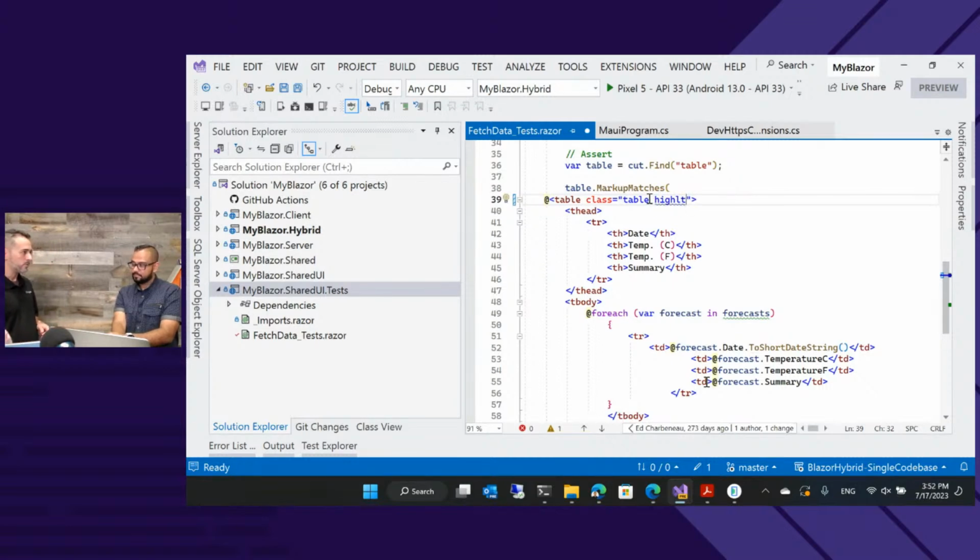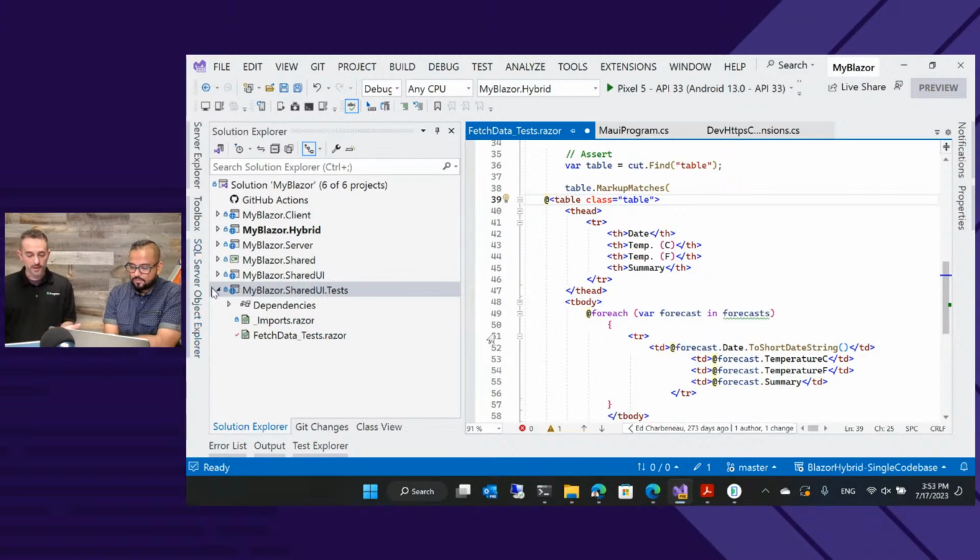If you swap those class definitions in CSS, the browser doesn't care. The order doesn't matter. So if you were to do a string comparison on table highlight and highlight table, it's going to fail because they're in reverse order. bUnit looks at those and goes, the browser doesn't care, so it passes. So it's got an HTML semantic comparison tool inside of it that helps deal with that type of stuff. There's a lot of little nuanced things the browser doesn't care about that bUnit is going to help you with, where if you were trying to do this at a string-based level, it's going to be a nightmare. So we've got unit tests in there.